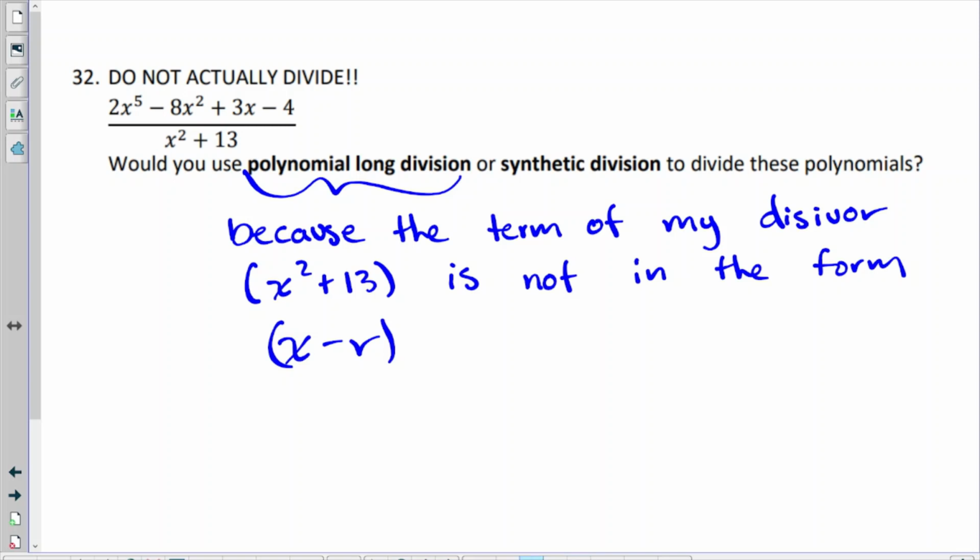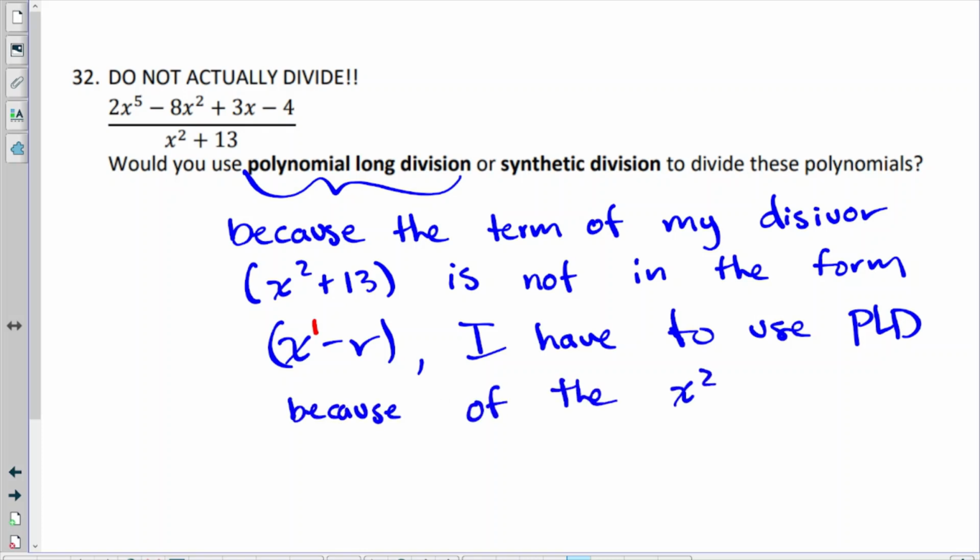Now, it doesn't have to be exactly x minus something, but it has to be at least a power 1, right? So because my divisor is degree 2, I have to use polynomial long division. So because my divisor is not in this form, I have to use PLD, polynomial long division,